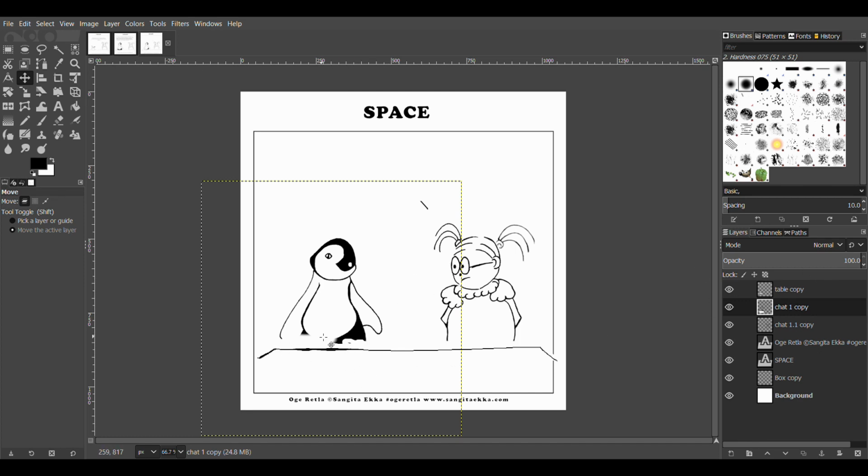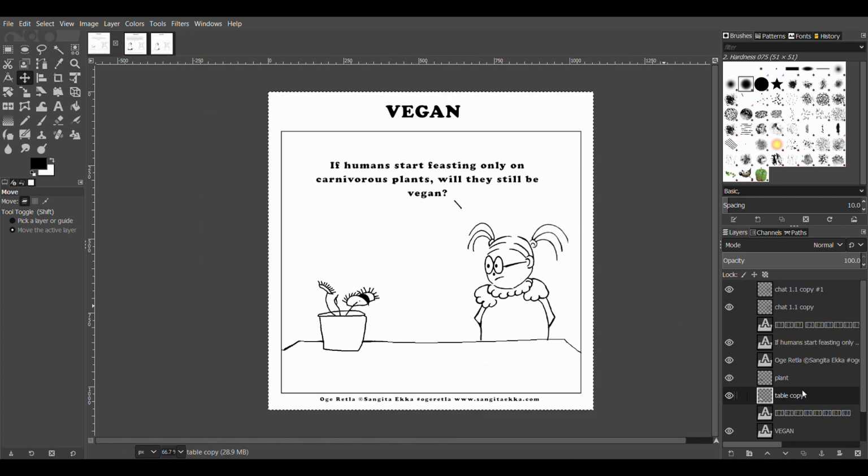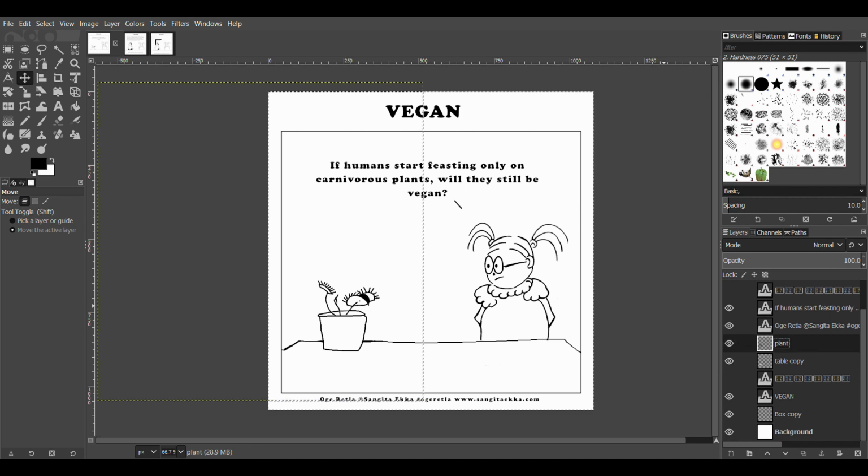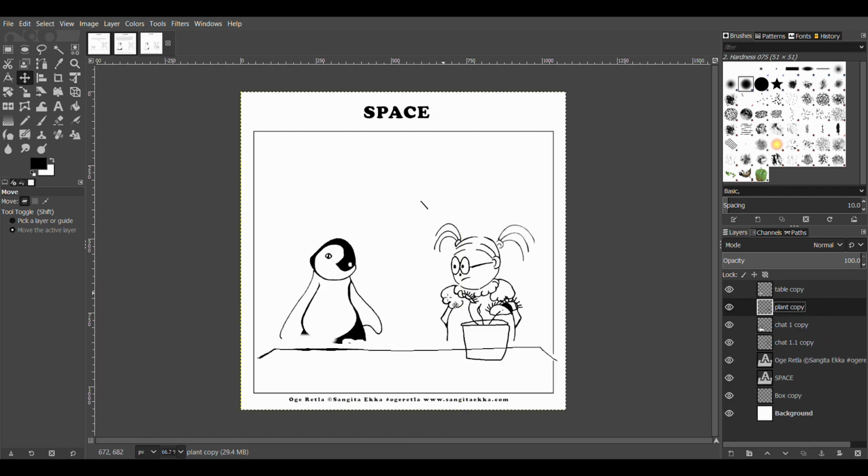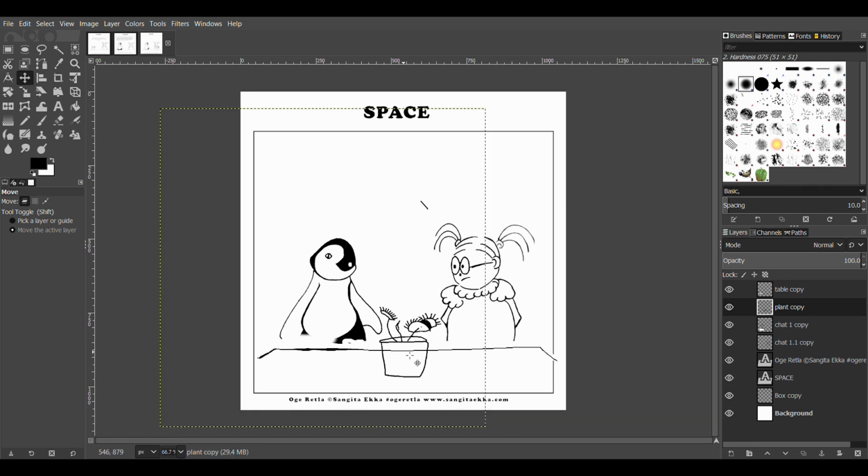Now let's say I wanted to add another element, a plant. I can just drag and drop and put it over here, assuming that this were a necessary component in this whole scenario.